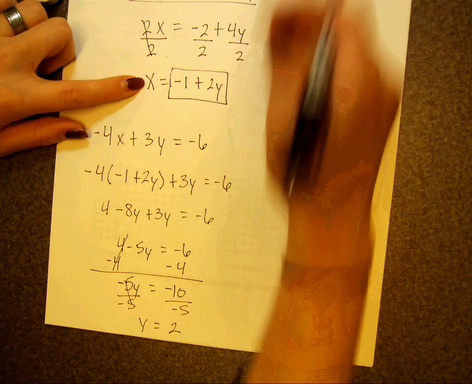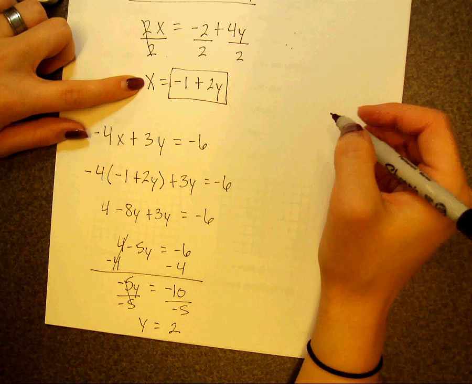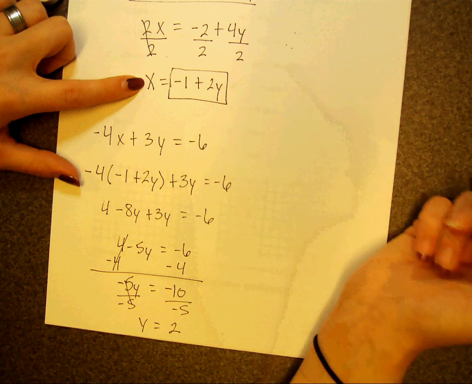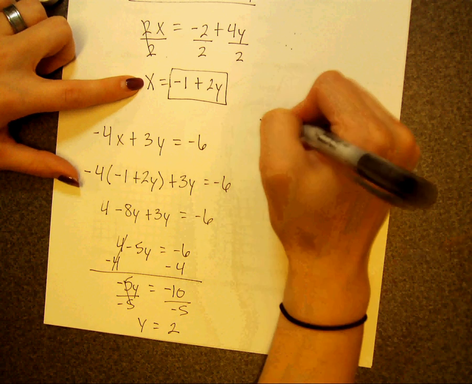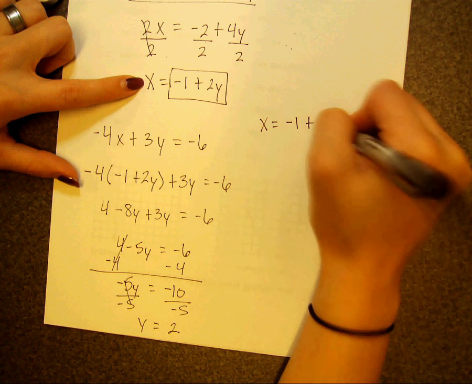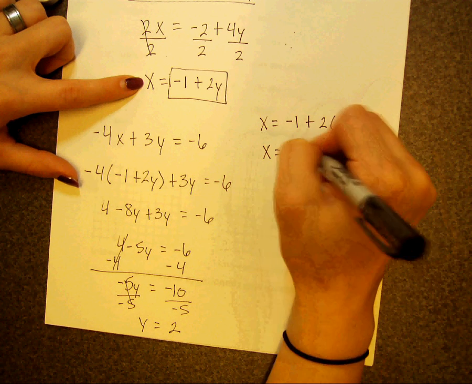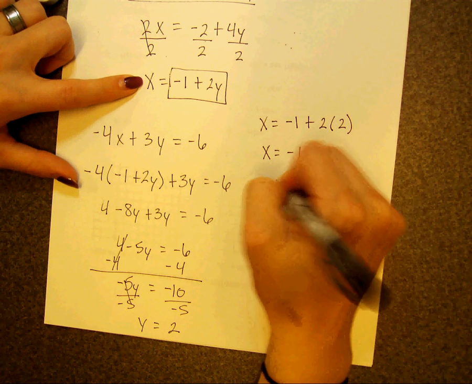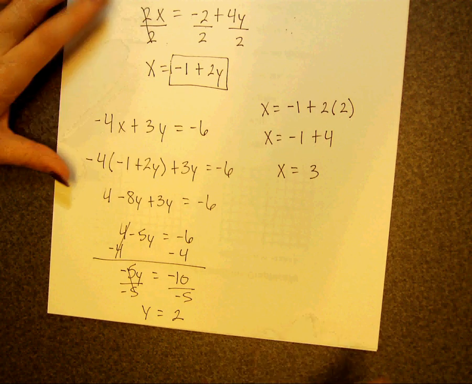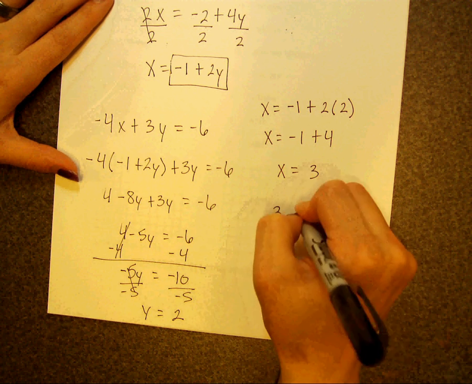But it doesn't matter which one you choose, so I'll work the same. So I'm going to plug 2 in for this y. So I get x equals negative 1 plus 2 times 2. So x equals negative 1 plus 4. So x equals positive 3. Now I know that y is 2 and x is 3. So I could write this as a coordinate